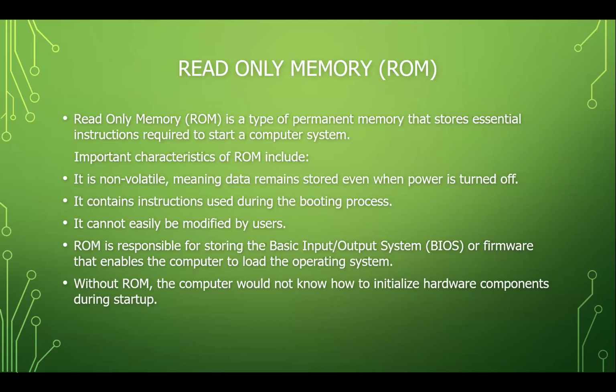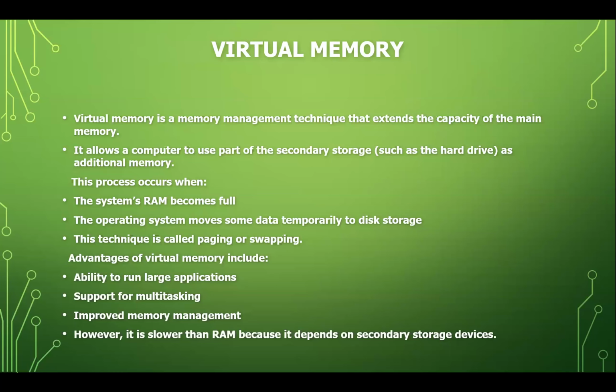memory. The way this operates is, when your RAM becomes full, the operating system identifies data that isn't actively being used and temporarily moves it to the secondary storage, that is your hard drive or SSD. This process is called paging or swapping. When the data is needed again, the system swaps it back into the RAM, potentially moving other data out to make space. From the user's perspective, you can continue working